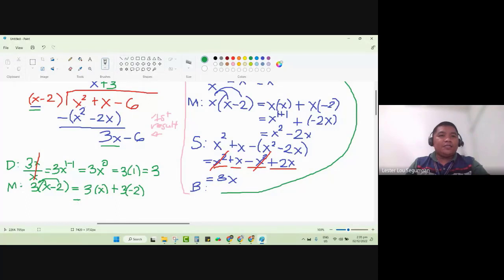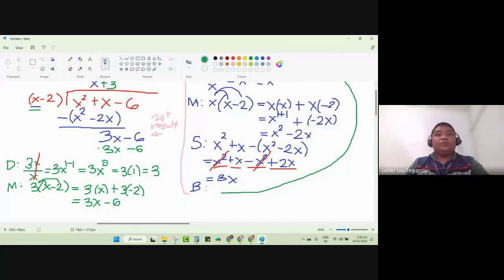I'm talking about this. You have 3x. And here, positive times negative, so you have minus 6. This is your second product, which will be placed here. Or we're going to place it here. 3x, then minus 6. Now we can see that they are of the same value, so we could expect 0,